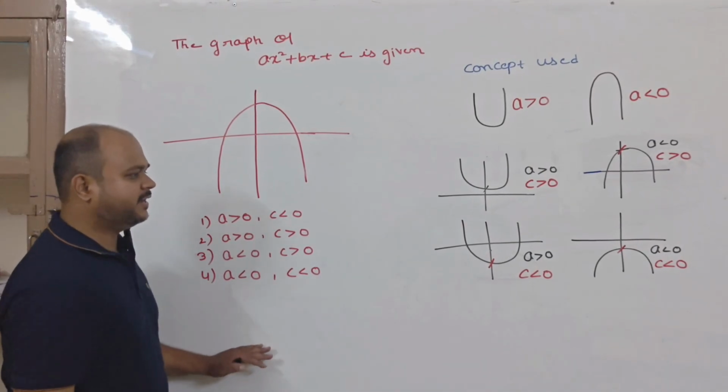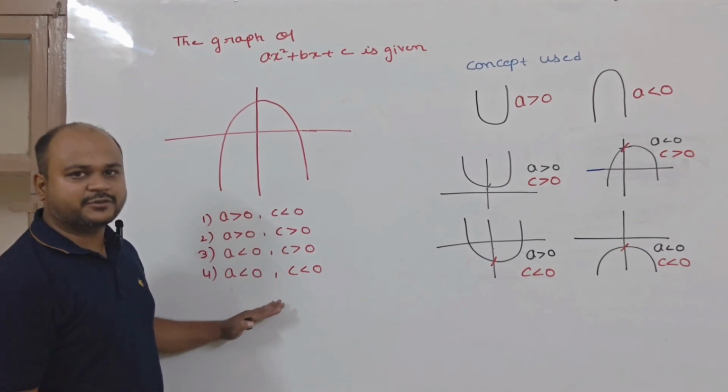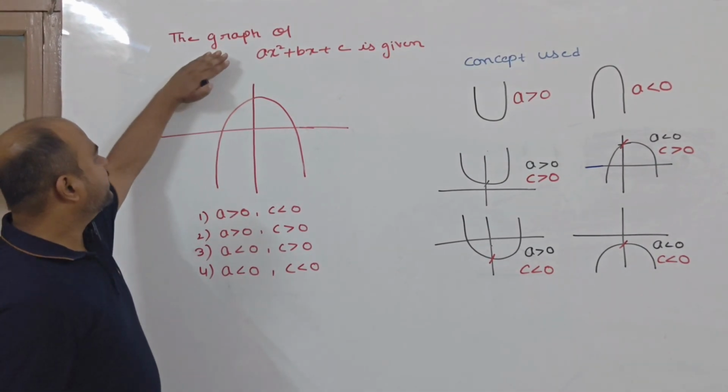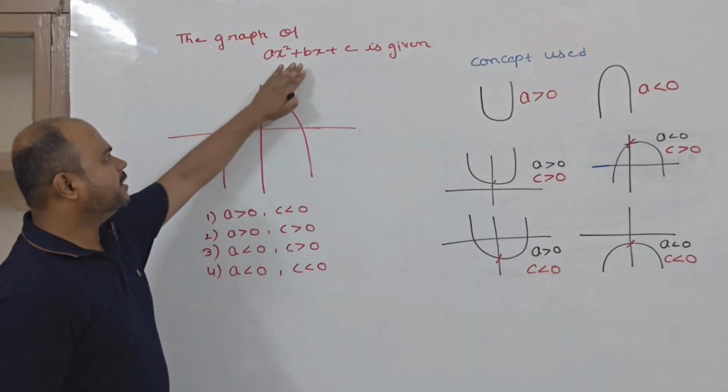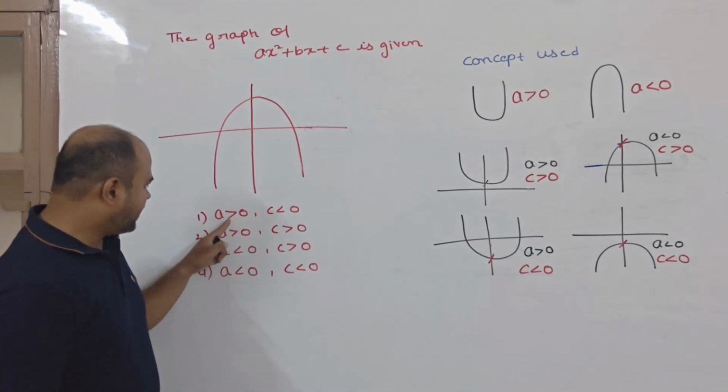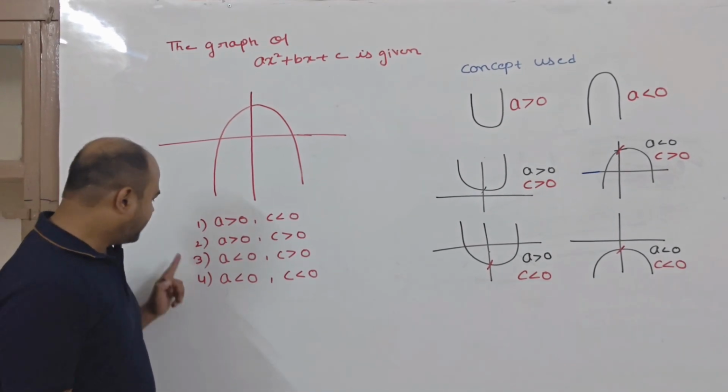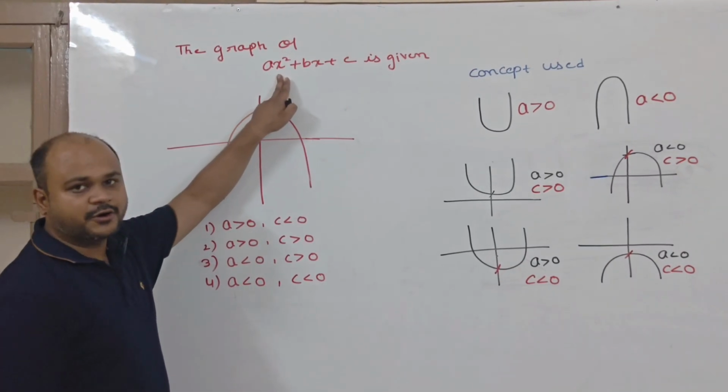Polynomials का एक बहुत ही बेहतरीन question जो आपके board exam में 1 mark का आता है। देखते हैं इसका concept क्या है और इस question का सही option क्या है। Question क्या कह रहा है, the graph of a polynomial ax² + bx + c is given, then we have to select the correct option 1 out of 4. सबसे पहले, this is a quadratic polynomial.